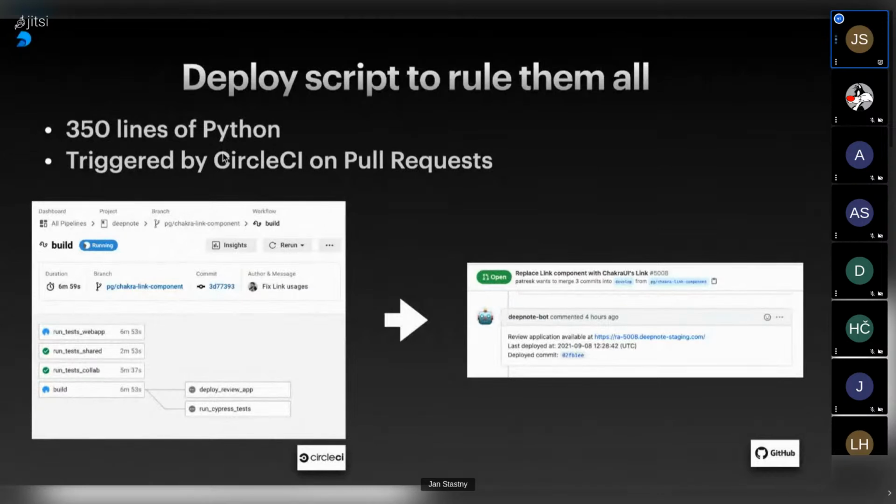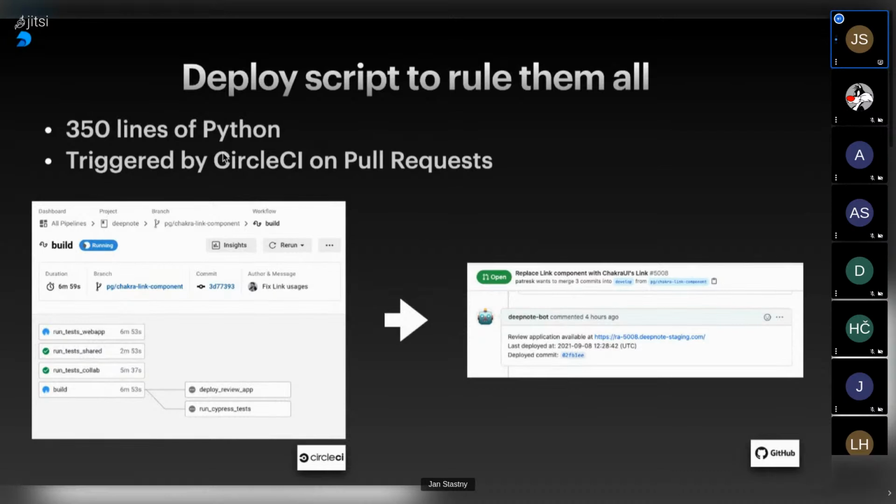We have some tests running. We build all of the Docker images. Once we have the Docker images, we deploy the review application, which basically means running the 350 lines of Python. As a result, if everything succeeds, and it does, I can tell you that, the Python script at the end adds a comment to GitHub.